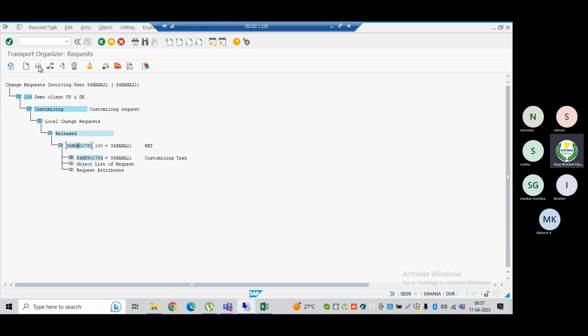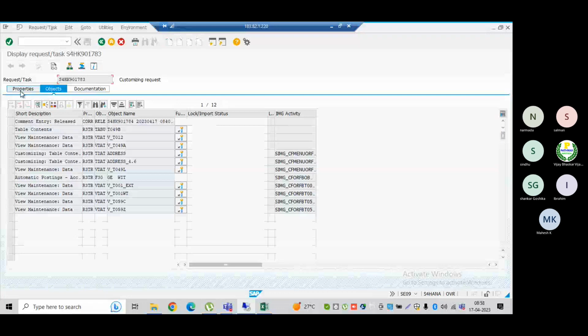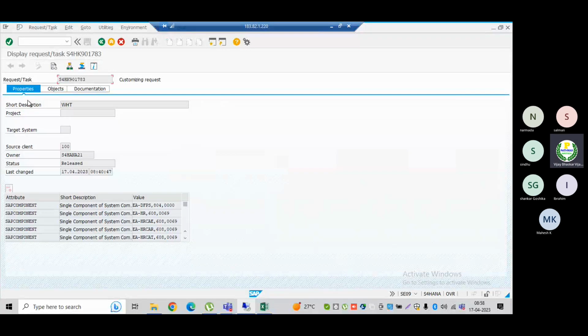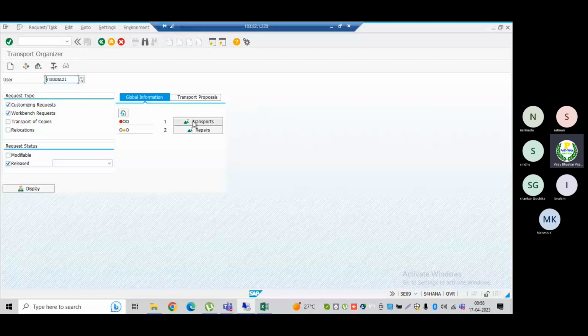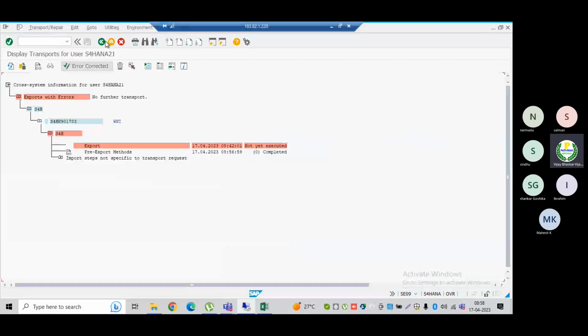Also select this one and click on display here. The system will display. Go here to see who has released it and when it has been released. Now you can see here. So option number one is what we have seen: release the transport request, and here we are able to see the transport.